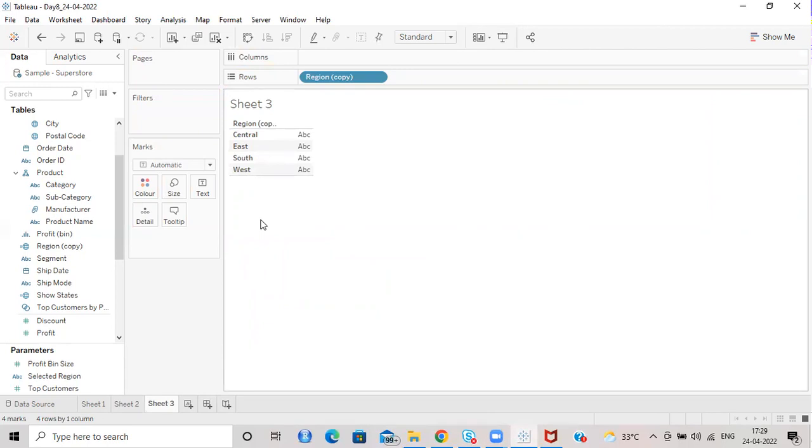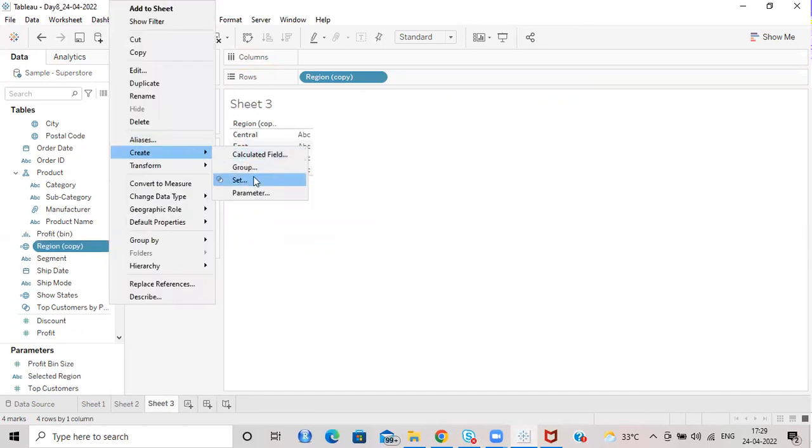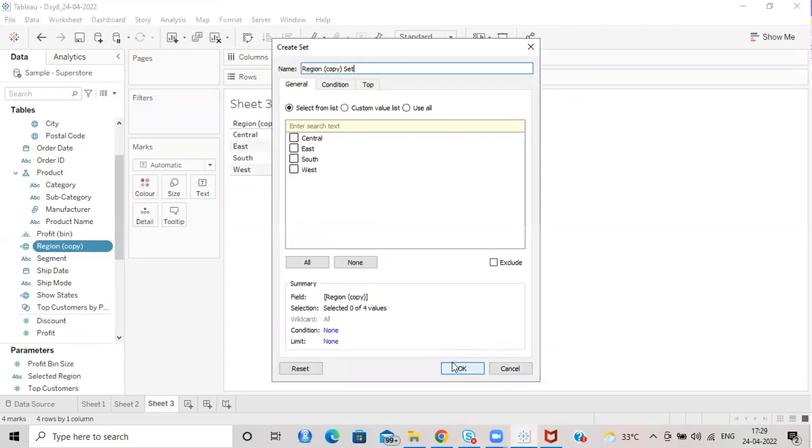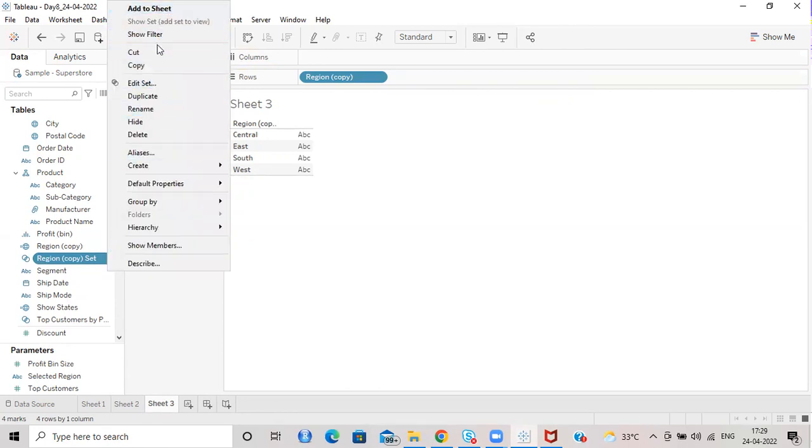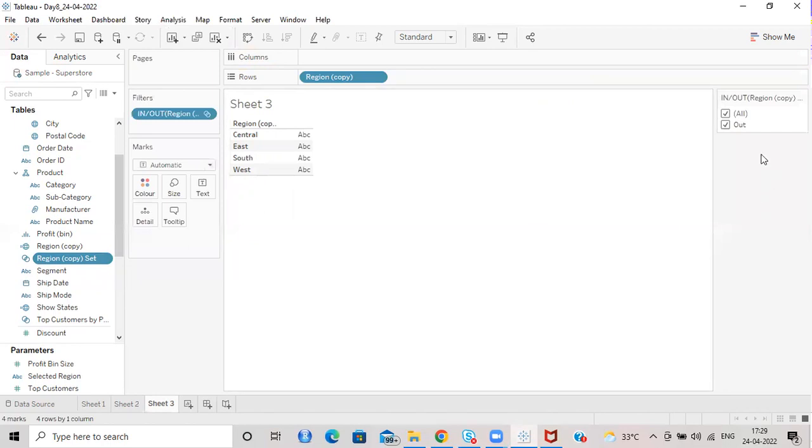Let's say I will create a set on this now. On the region, I will create a set. Okay, create set. Let me create a blank set for now. Now I will populate this set, because right now it's a blank set, right? If you do a show filter, it will come up with all of those things. But what I want here is, let's say